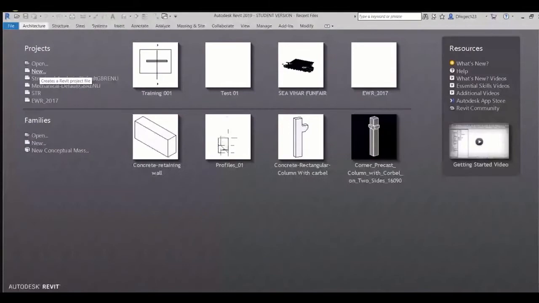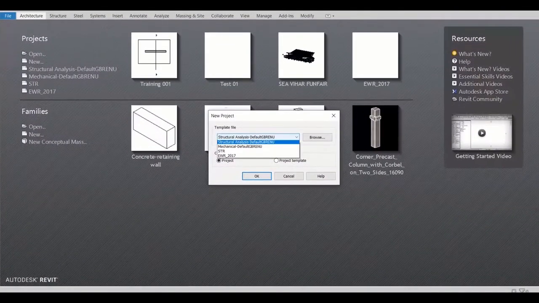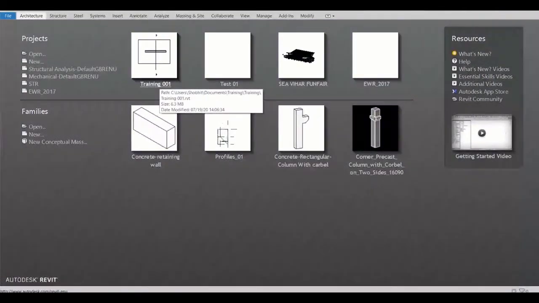If you want to create a new file, just click New and select what type of template you want: structural analysis template, mechanical template, or any other project-specific template. Now we just start with our previous project.